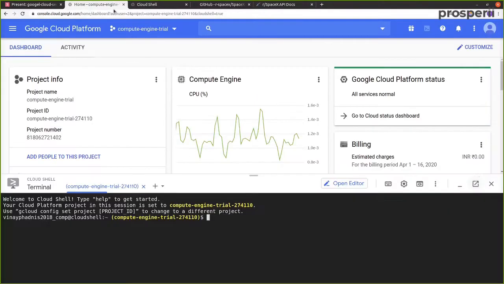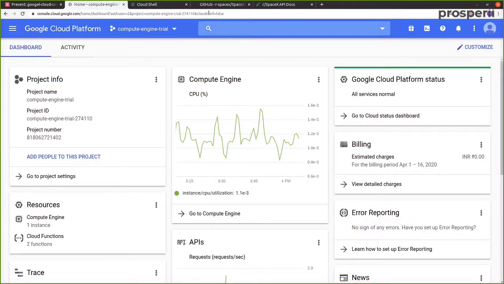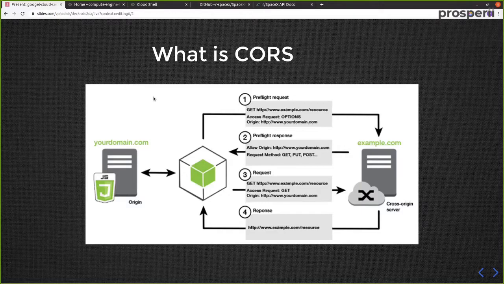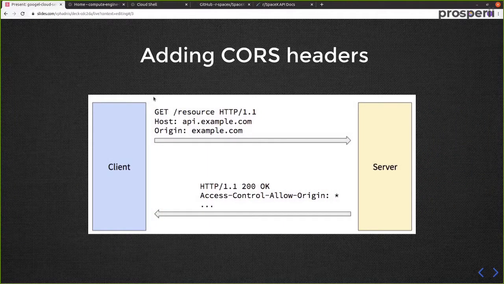Okay, so now after opening the Cloud Editor and the Cloud Shell, let's get back to the problem. Essentially, in order to enable CORS on any particular resource, that is when we have to add some CORS headers. We will be coming back to what exactly is meant by CORS headers shortly. But for now, let's create a very simple HTML project.